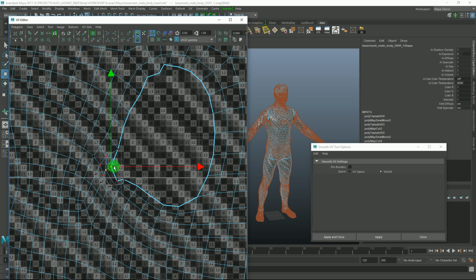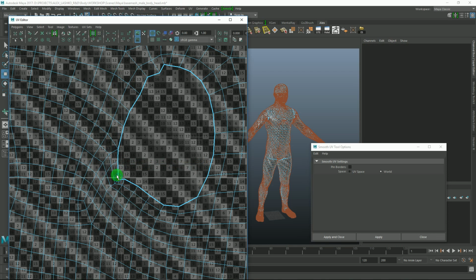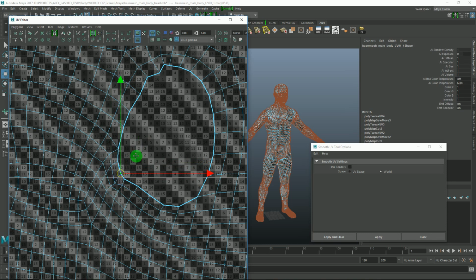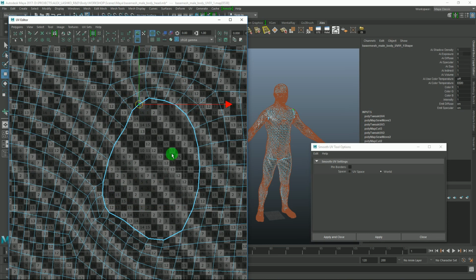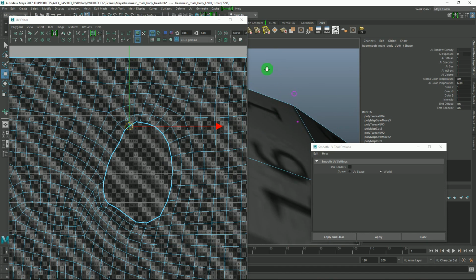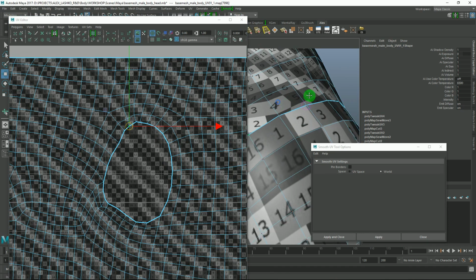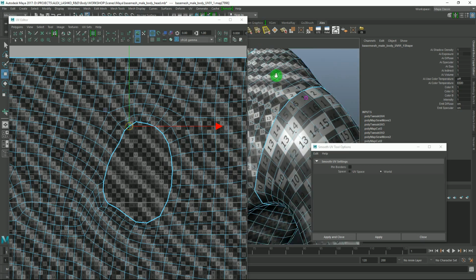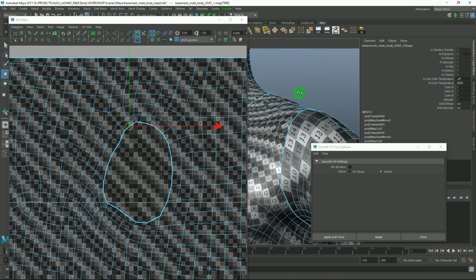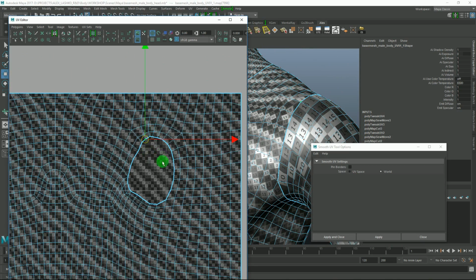You can even do just one by one and then relax the nearby area. For example, just grab one of these verts, and then you get the idea here. See how it looks here, the problem areas. So